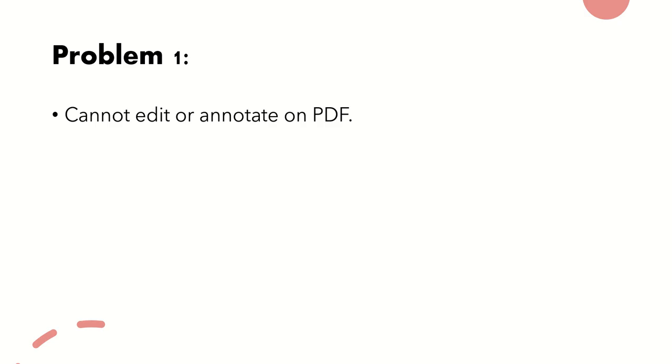So the first issue that we had was we had quite a lot of material on PDF. Things like, I suppose, old past paper questions, and we wanted to be able to add our own touch to these. So primarily we had a variety of booklets of past paper questions for each individual section of the GCSE spec, for example. But instead of guiding students to the mark schemes for those, which was a very laborious process, and many students quite simply didn't bother to take the time to do it,